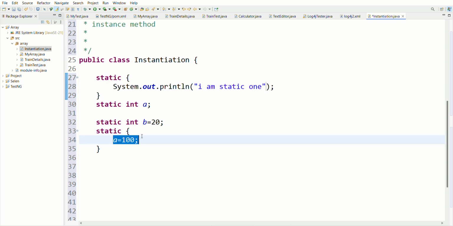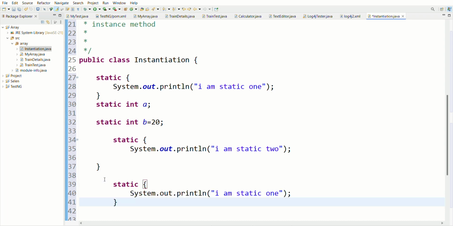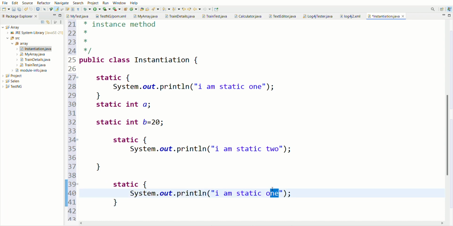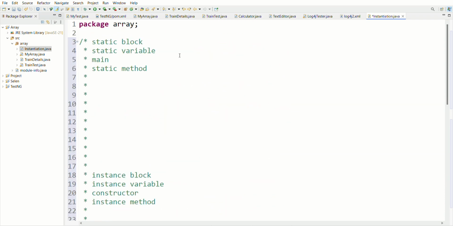Here remove this. This is my static 2. I can't write a static inside a static, sorry. Now I have one more static. "I am static 3". This is my static block.